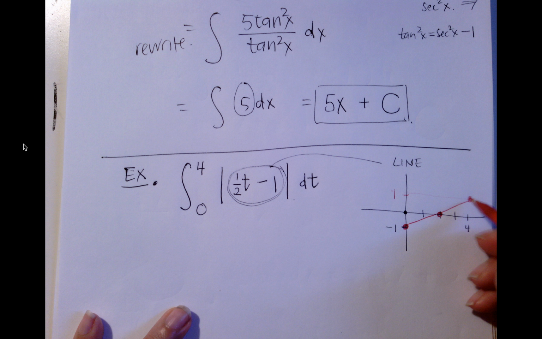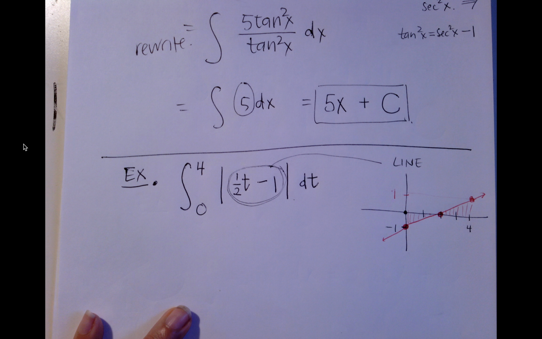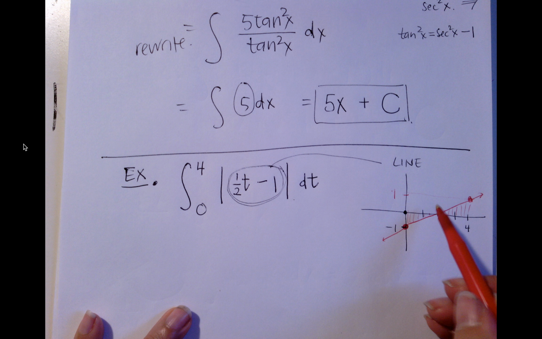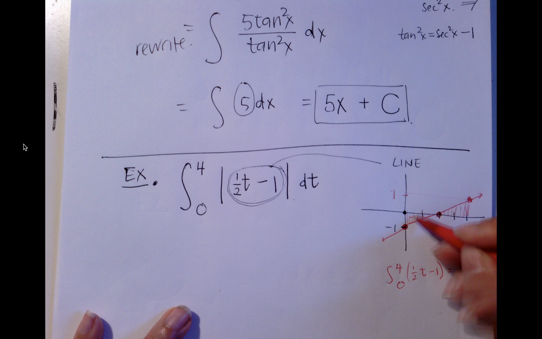Okay, so the thing to note about this function is, we can already see just by looking at the graph that this interval should be equal to 2, okay, because just by looking at the graph, I can see the area. So let's just use the graph to compute this. Well, I can see that this integral is going to be equal to 0, right? Because I have -1 here and 1 here. And then if I take the absolute value, well, the area should be this area plus this area, so 2.